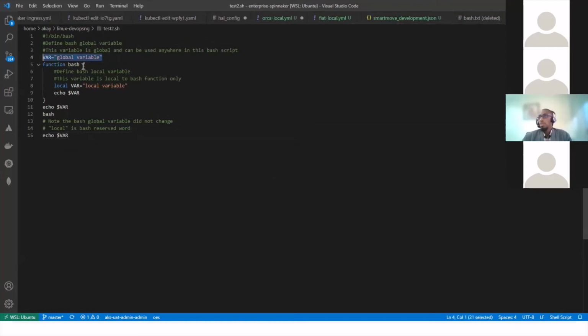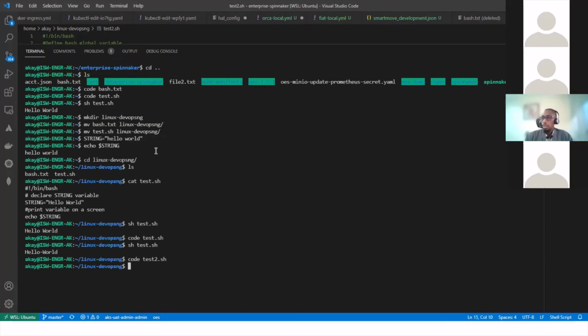It creates a global variable, then it comes into a function, like in any programming language, and assigns a different value to a variable, creating a local variable. Then it prints it inside that function, then comes out and prints it outside that function. So let's see what happens. If we were to run sh